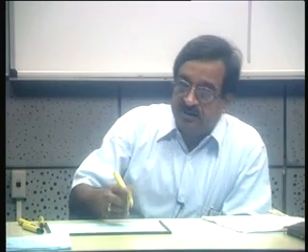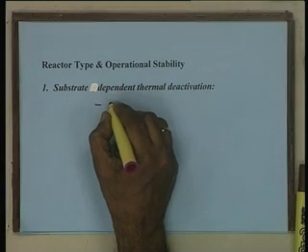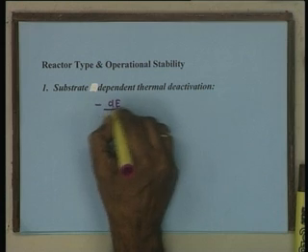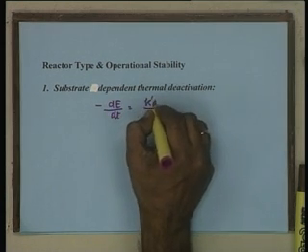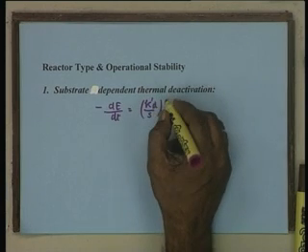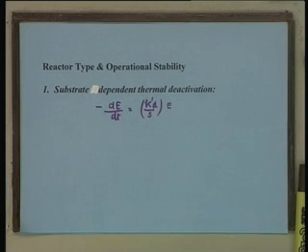presence of substrate, and the deactivation expression can be written as minus dE over dt equal to k dash d upon s into E, where the deactivation rate is inversely proportional to substrate concentration. Higher the substrate concentration, the deactivation rate is slow. In such a situation, for a CSTR you can very easily write the reactor performance,